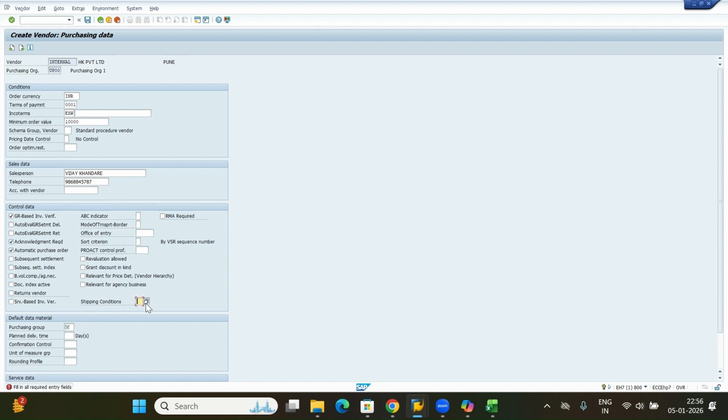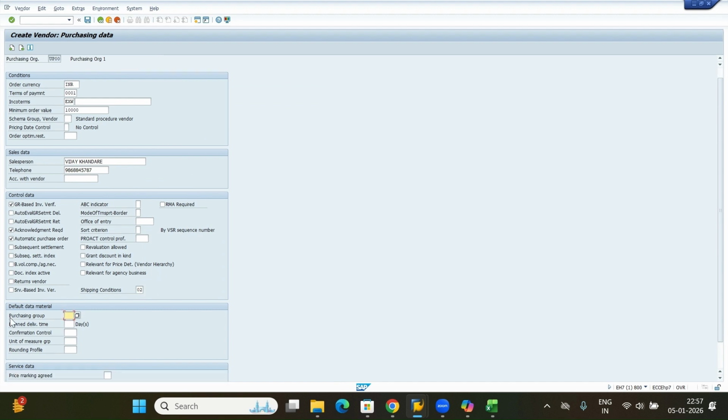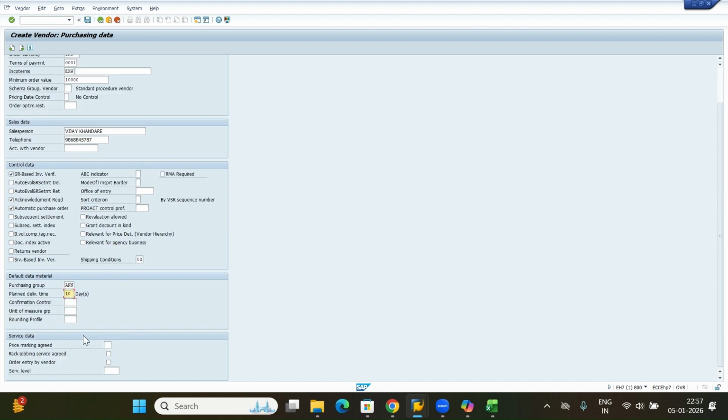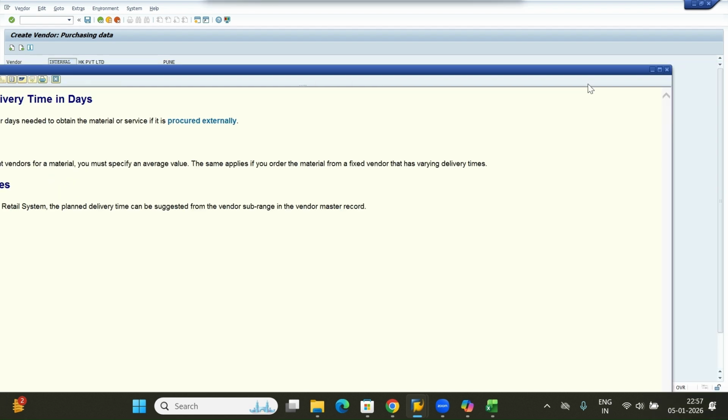Okay, shipping condition you can select as a standard one, as we have not created any shipping condition, but this shipping condition will depend on how the material is shipping from the vendor end to our end. Okay, then purchasing group you can select here as per you created. Planned delivery time you can select in days, and rest of the things, if you find anything relevant which is really required, you can check. For example, if I click on unit of measure group or planned delivery time,